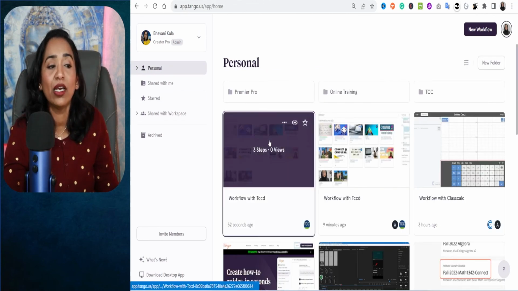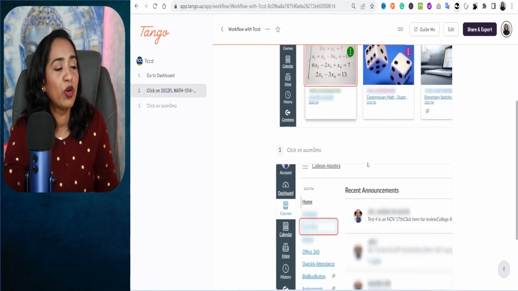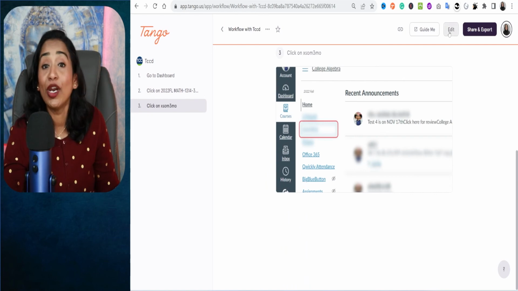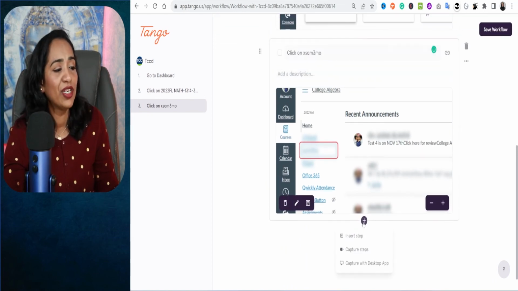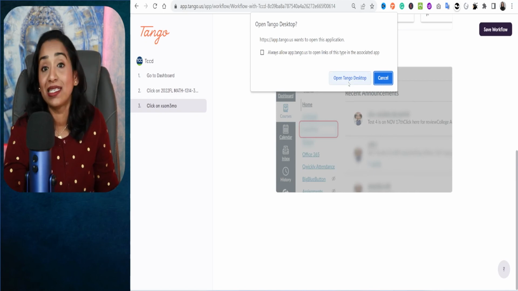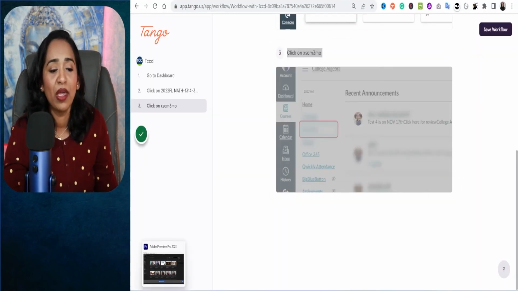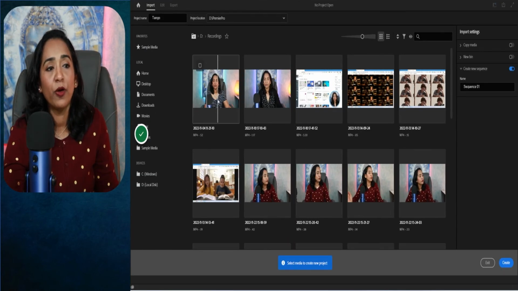I'm going to click on my desktop on my workflow. And here I am going to click on edit. And here I'm going to add and capture with my desktop app. It's going to ask me to sign in, of course. Go ahead, sign in, open with your desktop. I'm going to open my Premium Pro. And I am going to click on